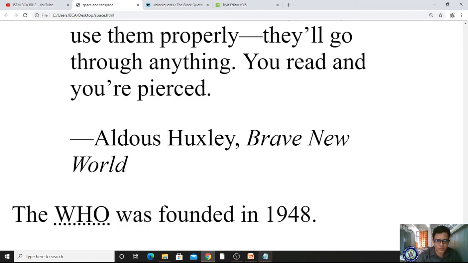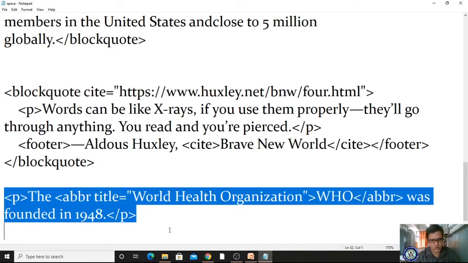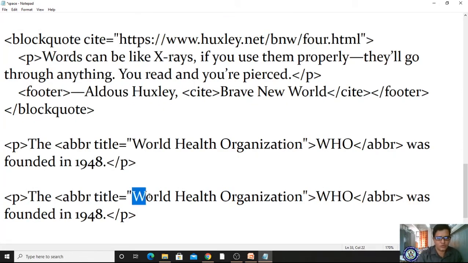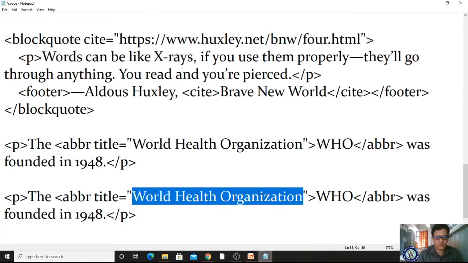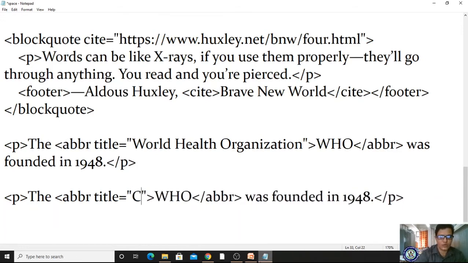So if I want to mention that, I will take this abbreviation tag once again. Okay, I will do it for my computer. What is computer?